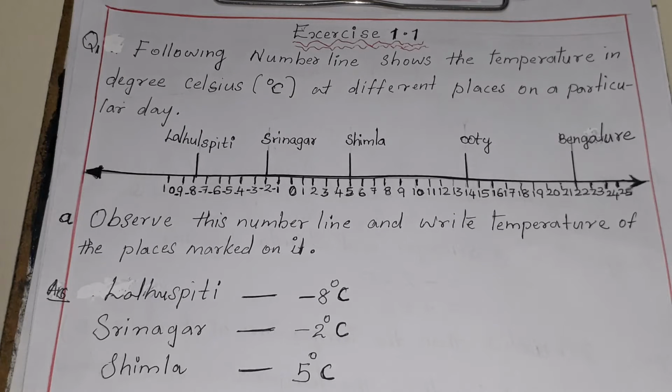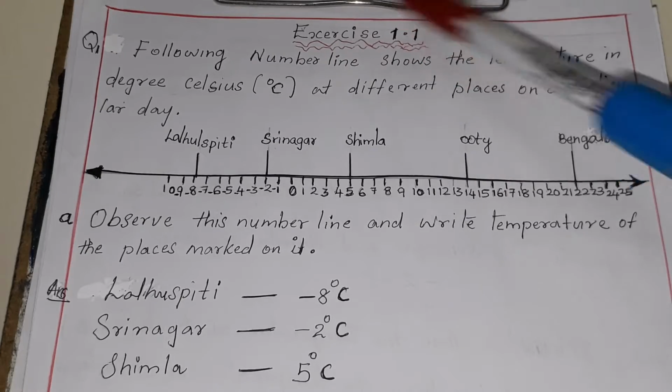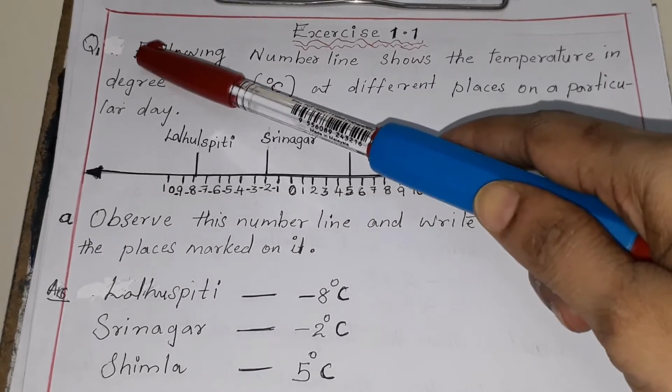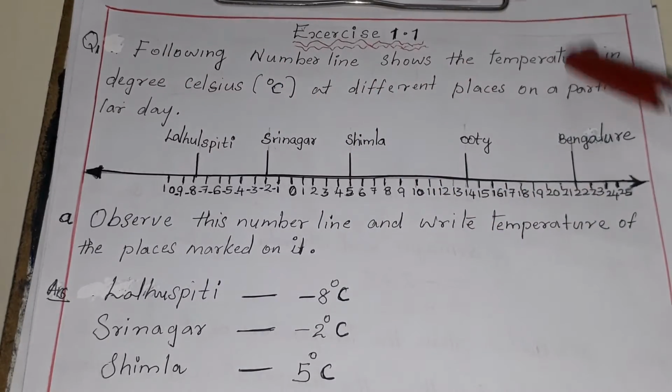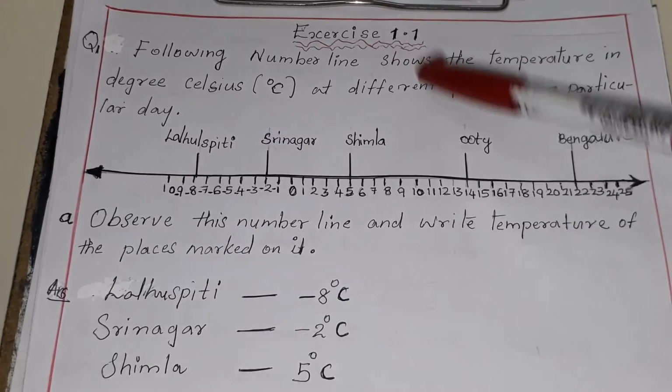Hi students, in part 2 video, class 7, chapter 1, integers, I am going to do exercise 1.1. Let's do the exercise. Question number 1, the following number line shows the temperature in degree Celsius at different places on